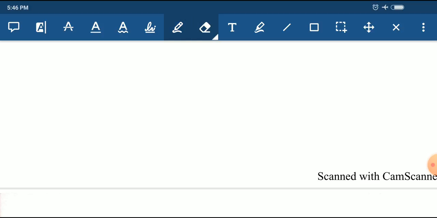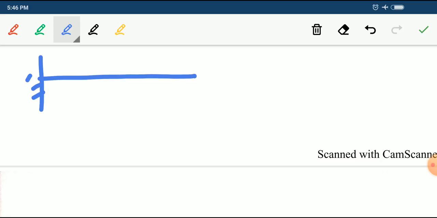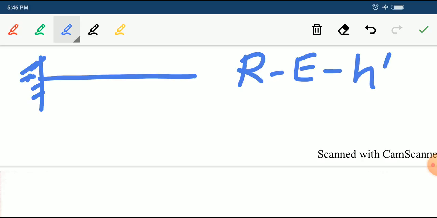Okay, this is very simple. Try to understand the things. Next, this is the beam I am giving to you. So which kind of beam is this? This is a cantilever beam. Next we calculate with the formula. Once again I will write r minus e minus h dash to calculate the Ds. Tell me the number of reactions here. This is the fixed support, so how many reactions will there be? There will be 3 reactions.